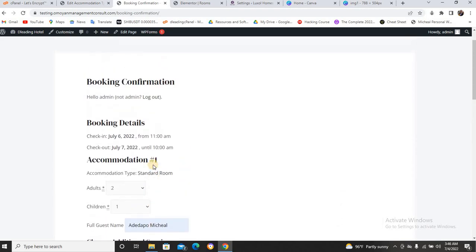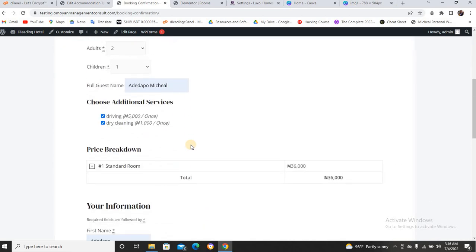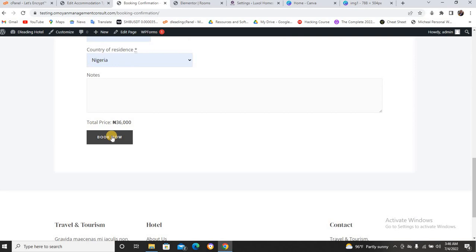Now, do you see that the room initially is 30,000, but because I click on this and this, it makes it 36. Can you see now? And it's going to show me the breakdown, total price. Now, when I click on book now,